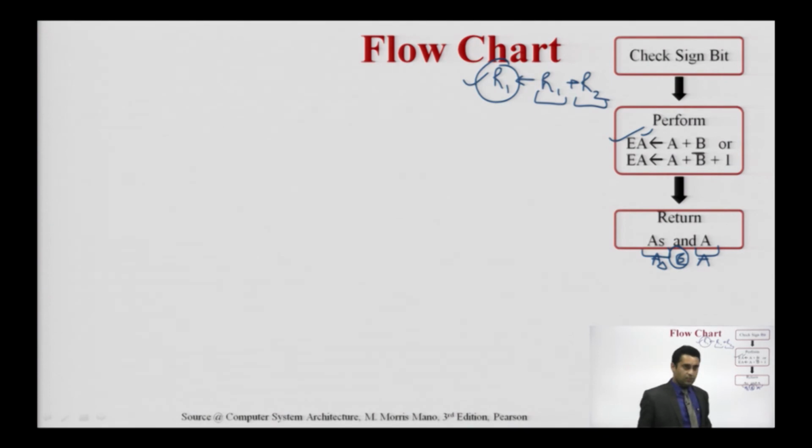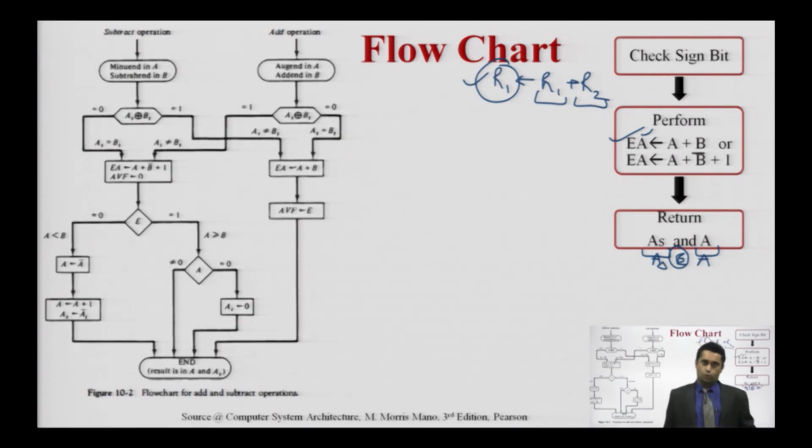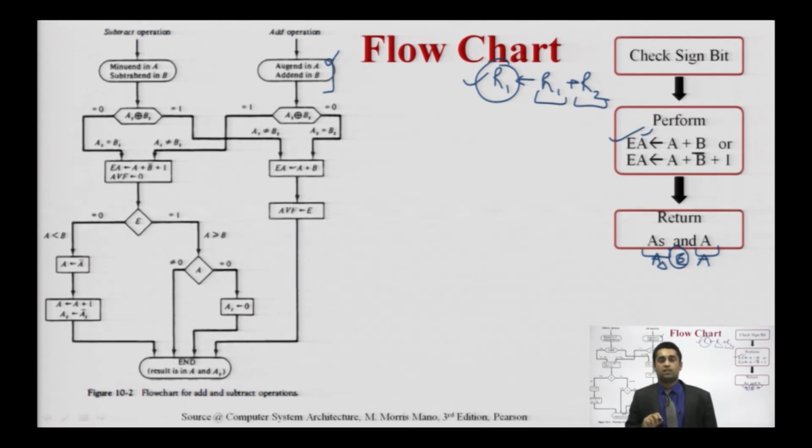So how are we seeing this? You can see this flow chart here. Don't focus on the entire screen, focus only on this part where we are talking about the add operation. First focus on this, then we will move to the subtraction part. In this case I am taking two inputs, and these two inputs are in signed magnitude representation, meaning A, AS, B, BS. AS and BS are the signs.